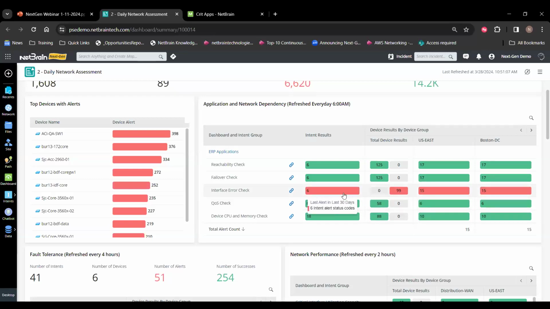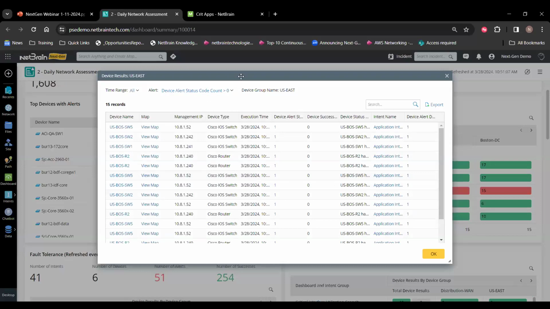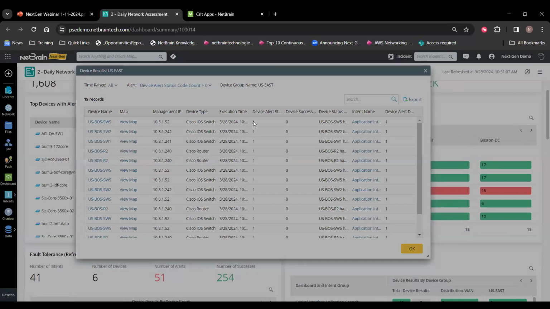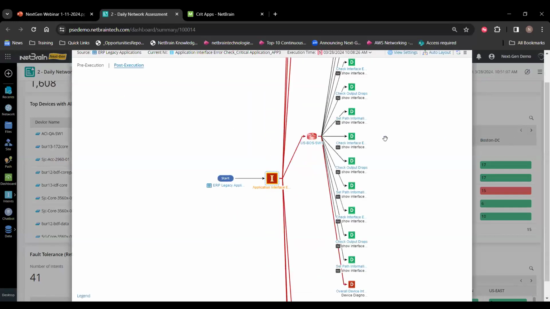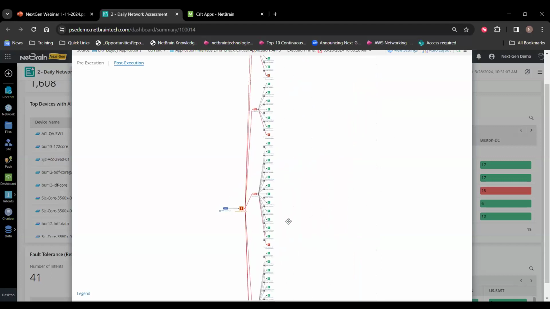This is what I love about these dashboards, is because it's not only giving me a red or a green. If I click on this, I can actually see what exactly is going on in my device. So I'm not only knowing, okay, there's a problem, we're also knowing what is the problem. So I can click on this, very quickly see the series of checks that NetBrain has run, which is quite